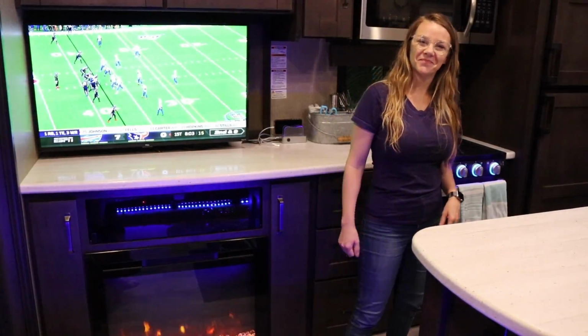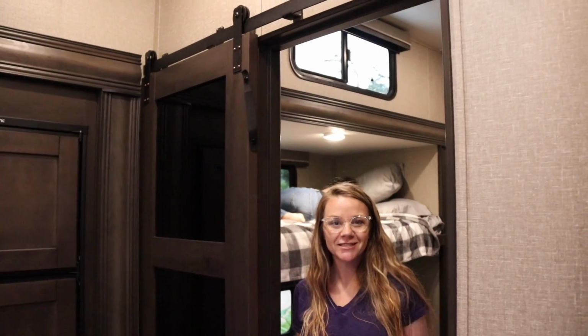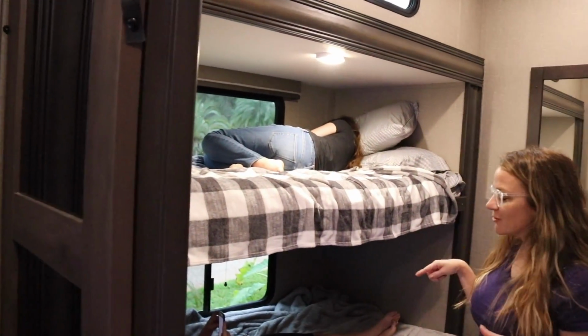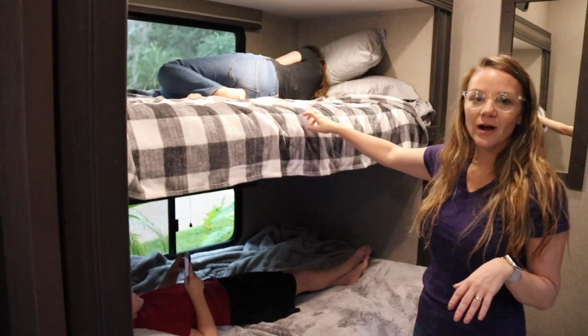Let's go into the bunk room. Love this barn door. We have 2 entries into the bunkhouse, which makes it feel a lot more open and spacious. Come on in. Both kids are reading in their bunks, so don't mind them. The bunk room is awesome. We've got a large bunk underneath and a fold-up bunk that folds up for extra space if they need it